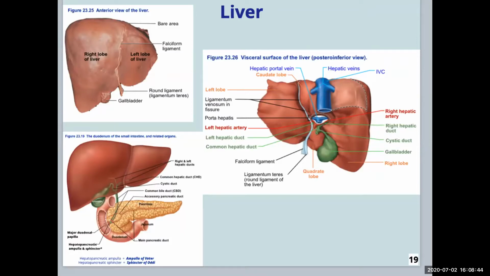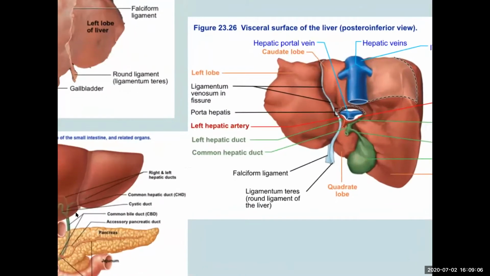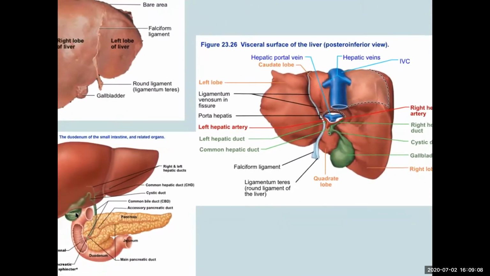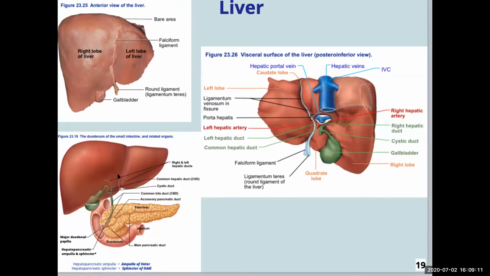And I want to emphasize that since a lot of students confuse the role of the liver with the gallbladder. The gallbladder does not secrete bile. The gallbladder only stores bile. Okay, so that means someone with their gallbladder removed can still live, and they can still digest most things. Okay, they can digest a tiny bit of fat because their liver is still going to be able to secrete bile. But because they no longer have that sac to store the bile, if they are to eat a fatty meal,